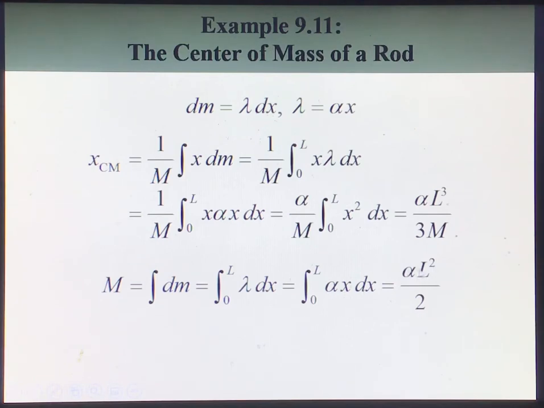So it means that from this equation I can find my alpha. So in this case here, if I solve for alpha here and plug it into that equation here, then I get my x center of mass, which is just at the point 2/3